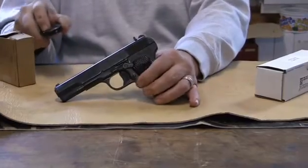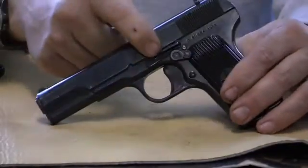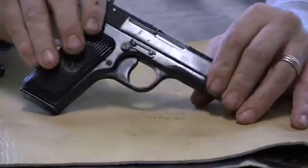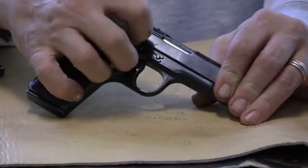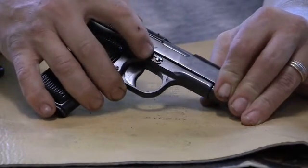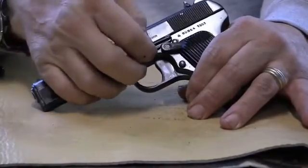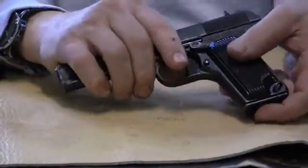And the design is very similar to the 1911 A1. You see, it has the slide release here. And that also is how you disassemble the gun. You go around on this side, and there's like this, call it a clover pin or whatever. You slide this thing back and free this pin. It goes into a little groove in this pin here. And once that pin is free, you disassemble it, much like the 45. You slide it back, get the slide release out, and then the whole top part of the gun comes off